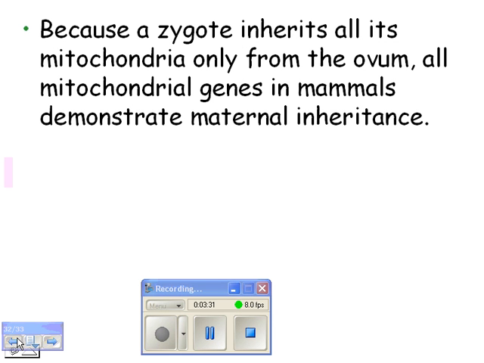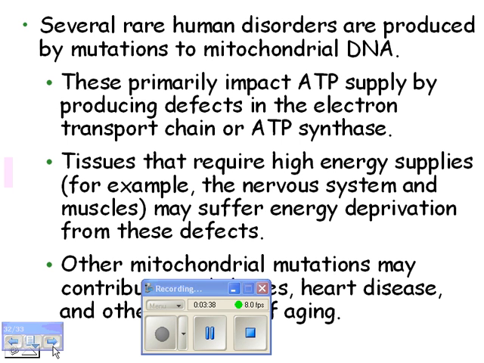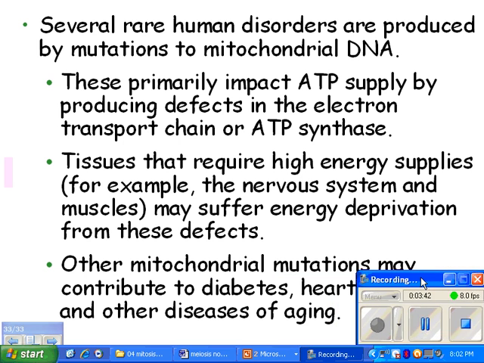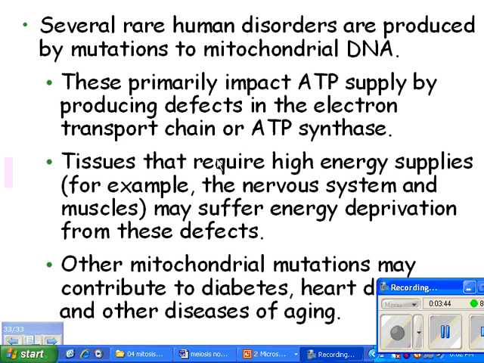Because the zygote inherits all of its mitochondria only from the egg or the ovum, all mitochondrial genes in mammals demonstrate maternal inheritance. Several rare human disorders are produced by mutations to mitochondrial DNA. These primarily impact ATP supply by producing defects in the electron transport chain, or ATP synthase. Tissues that require high energy supplies, for example, the nervous system and the muscles, may suffer energy deprivation from these defects. Other mitochondrial mutations may contribute to